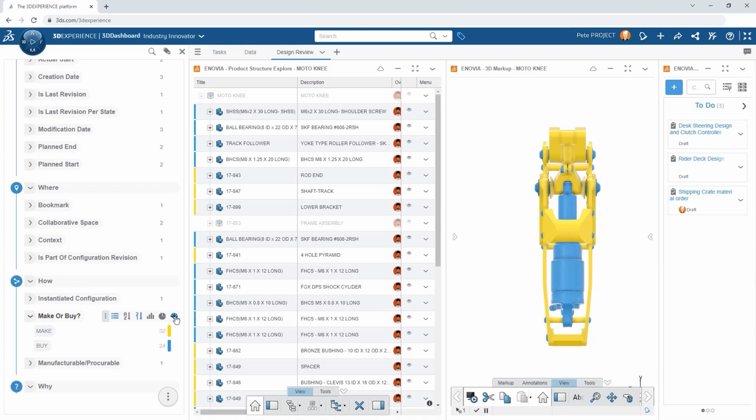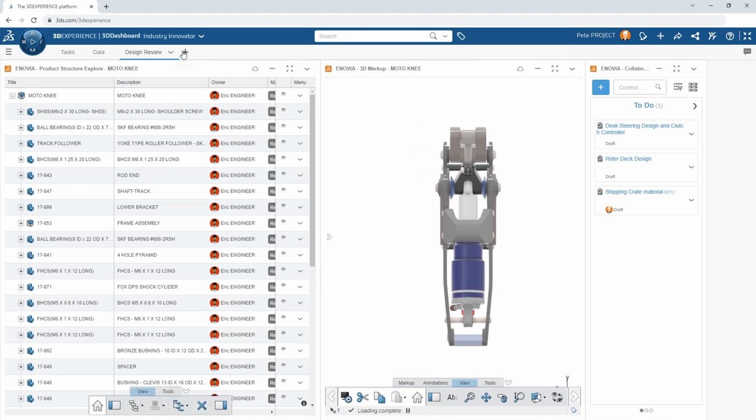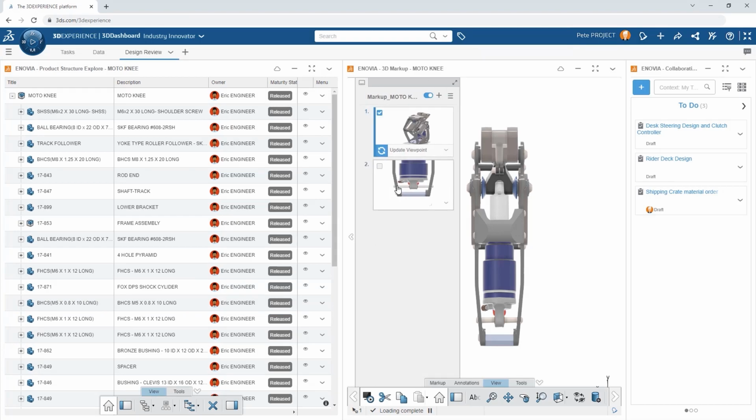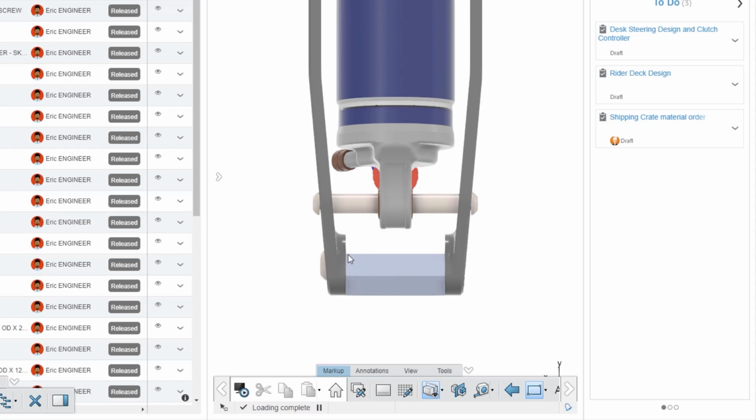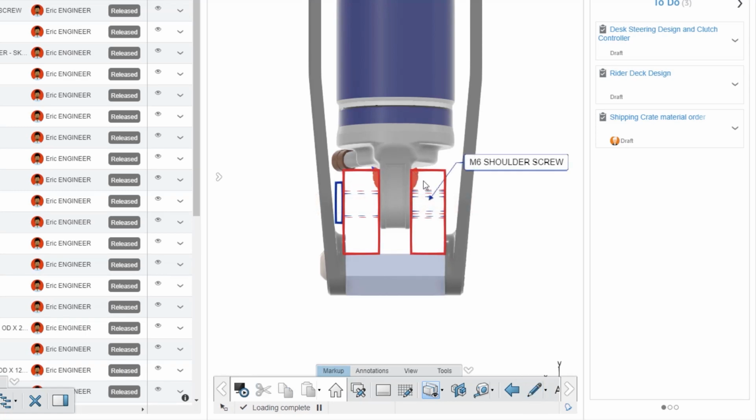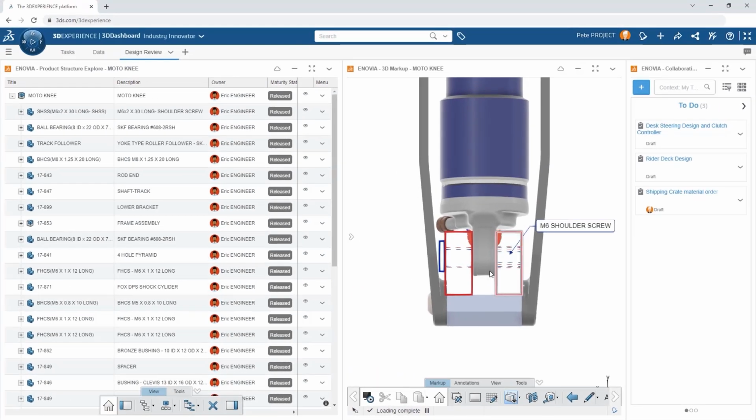When Pete's supplier provides him feedback that can improve the design, Pete captures the ideas in a markup. Redline sketches on the model help to convey that the lower bracket could directly support the piston, reducing the number of parts and strengthening their overall design.